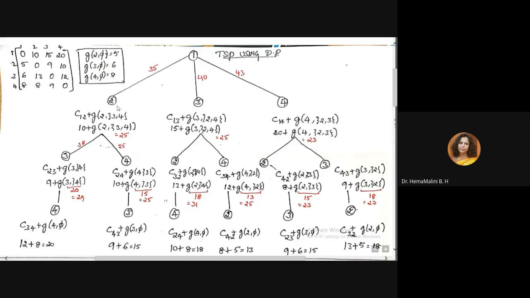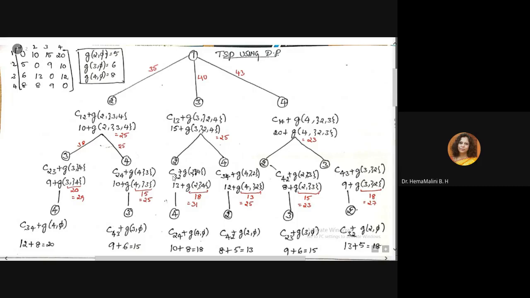Now he has gone from 1 to 2. When he is in city 2, he has two options. Either he can go to city 3 or he can go to city 4. Right. So if he is going to city 3, from where he is going from city 2, 2 to 3. So C of 2 3 plus he is in 3 now, G of 3 comma remaining city is 4. Same way, from city 2 to 4 if he is going, it would be C of 2 4 plus he is in 4 now. G of 4 comma, what is remaining? 1 2 4, remaining is 3.